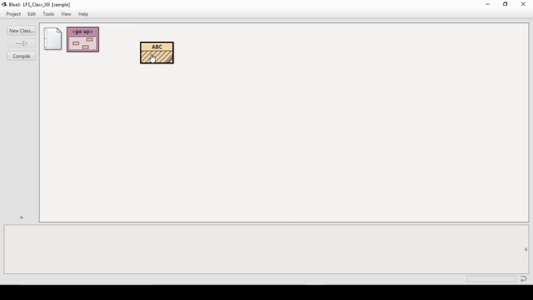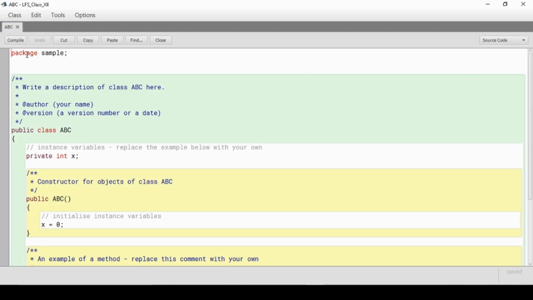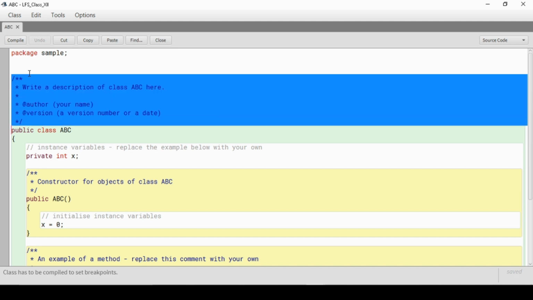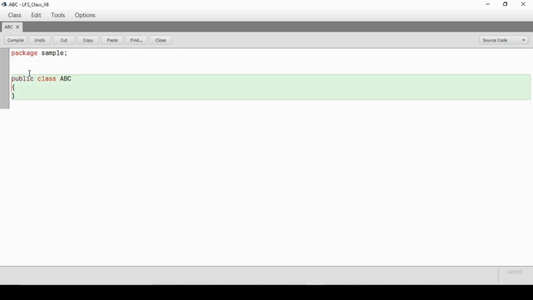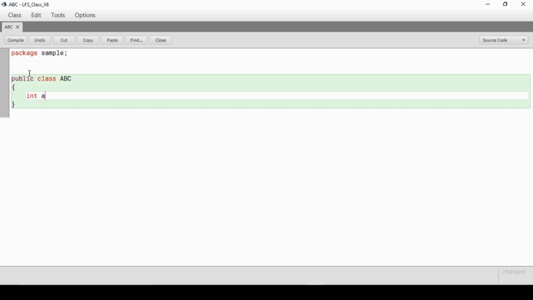Now inside this class ABC, you will find one statement over there, the first statement, package sample. So I suggest you keep that in your mind: whenever you have created a new package, and whenever you are creating a class inside that package, this will be the first statement of the program. So don't delete it, keep it there. And the rest of the code which is not essential in this program, I am removing. Fine. Now in this class I am creating A, B and C variables, and right now I am providing them the public access specifier.